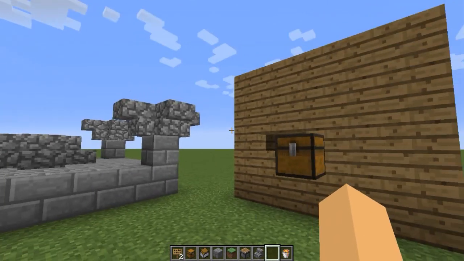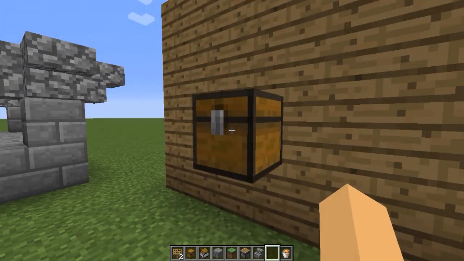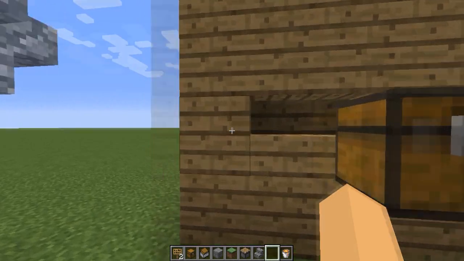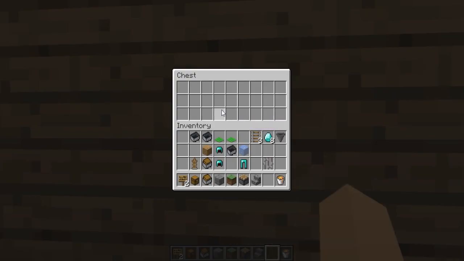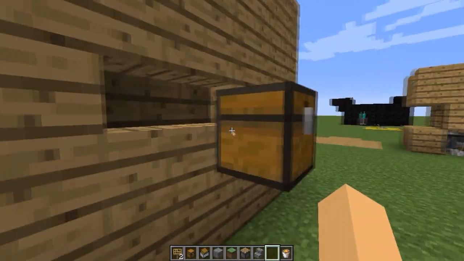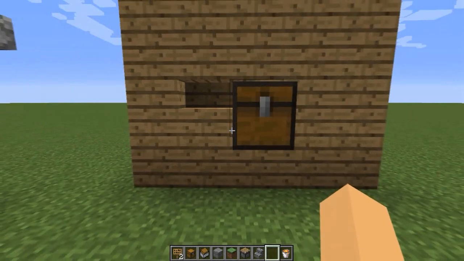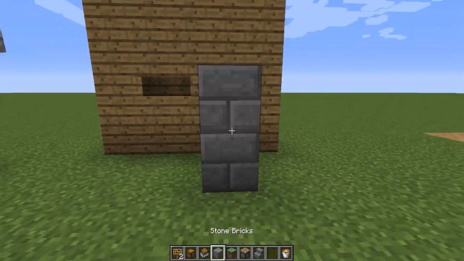Alright, number 2. Now, you're probably thinking, well, that's not really hiding your chest. But if you go to the other side, and you walk to the wall, you can actually click on your chest. If you go back, you got your diamonds inside. Now, to make this, all it is, if you have your wall,